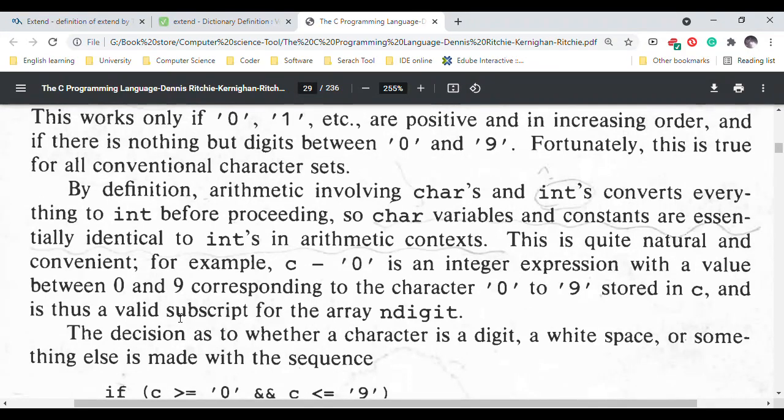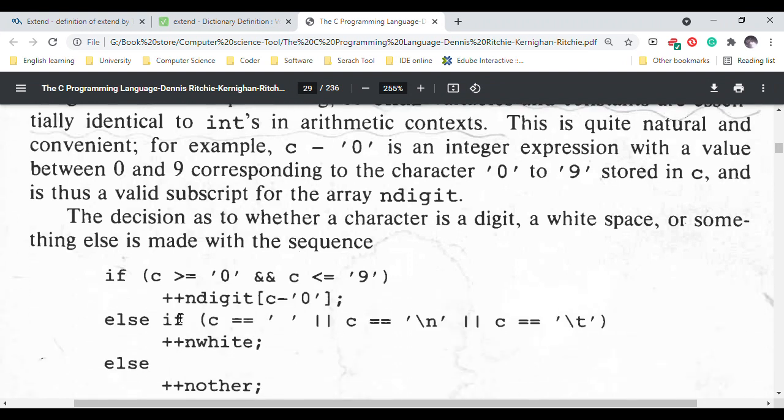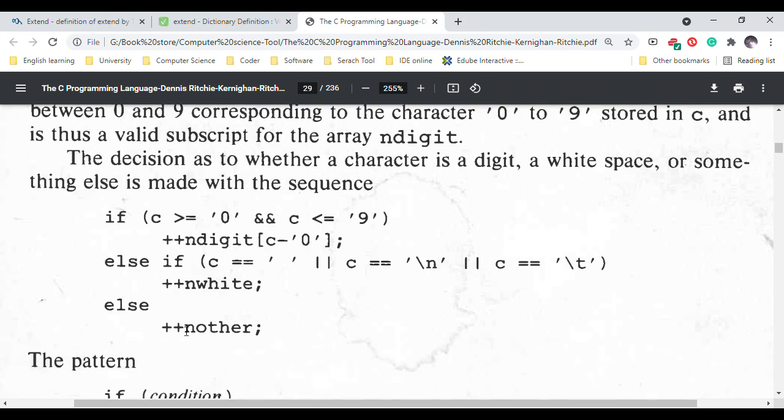For example, c minus single quote 0 is an integer expression with a value between 0 and 9 corresponding to the character single quote 0 to single quote 9 stored in c, and is thus a valid subscript for the array ndigit. The decision as to whether a character is a digit, a white space, or something else